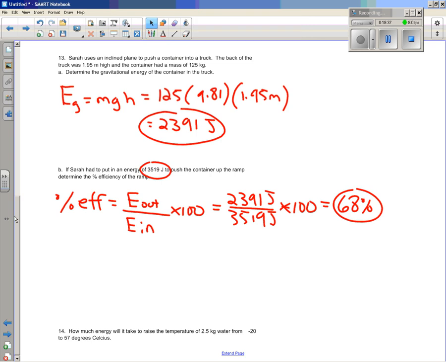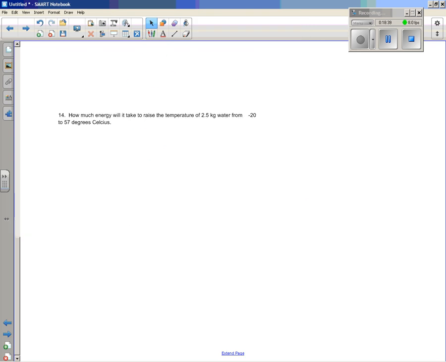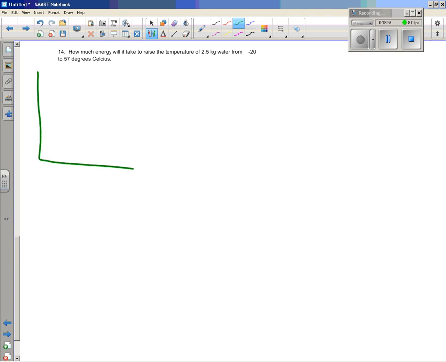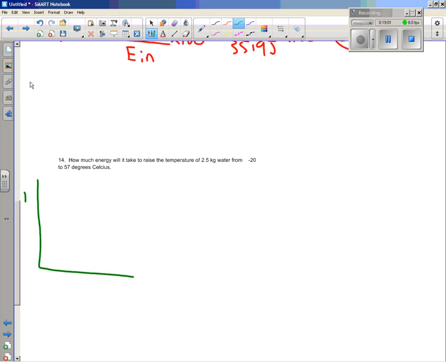One more question today, I think. That should be it. One of these crazy temperature questions. I need to go back up just a bit. There we go. How much energy do we need to take the temperature of 2.5 kilograms of water from -20 to 57? You might remember one day in class, I went with temperature